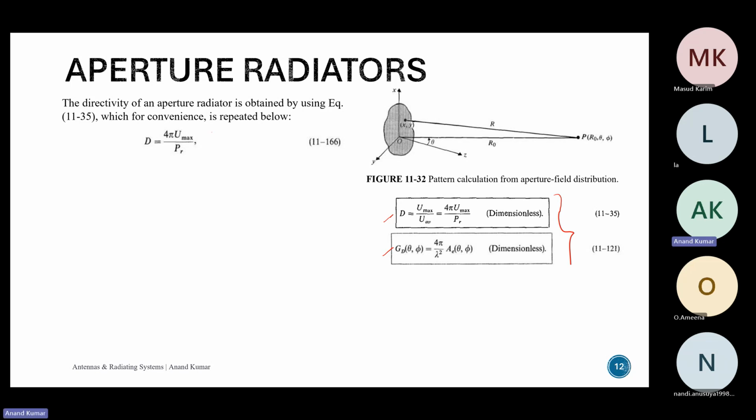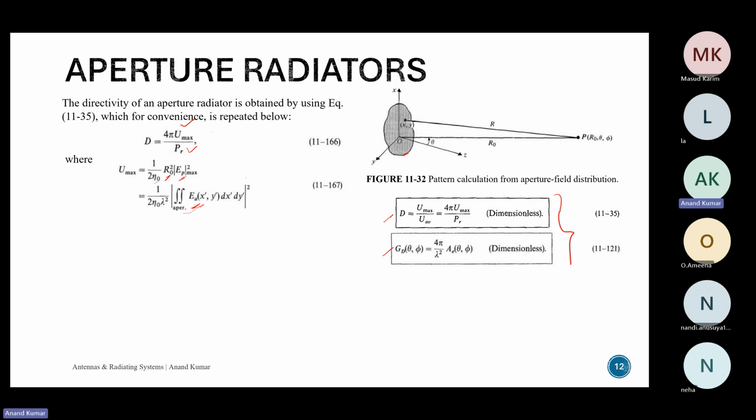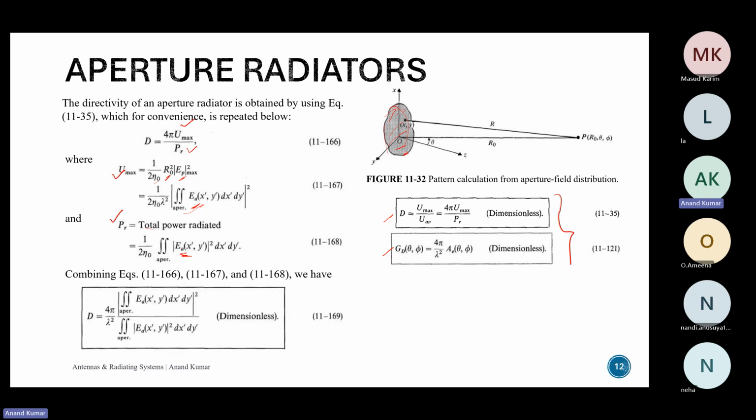So we'll use that. To calculate the directivity, we need the maximum radiation intensity and the average radiated power. The maximum radiation intensity can be calculated as 1 upon 2 eta naught, the distance r naught square, into the maximum electric field at point P, which is now given as the integral of the electric field at the aperture, the whole square. The total radiated power is again the integral of the electric field over this aperture. So we can calculate the maximum radiation intensity and the total radiated power, take their ratio, and this gives us